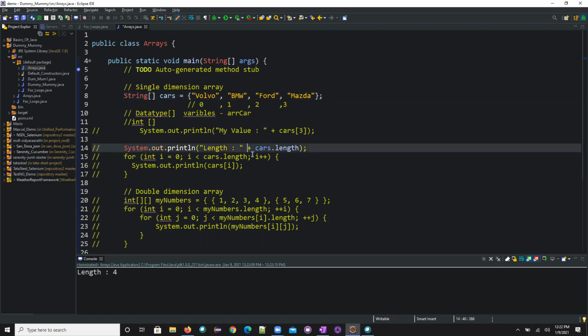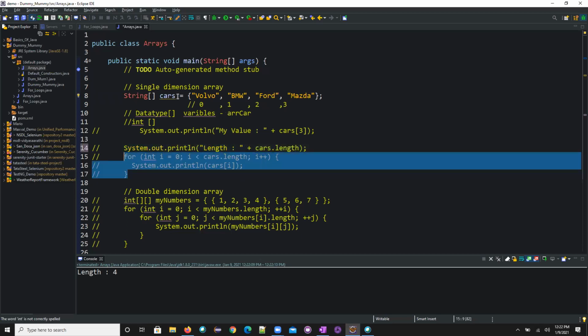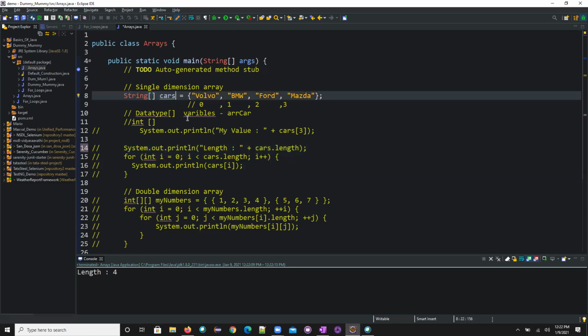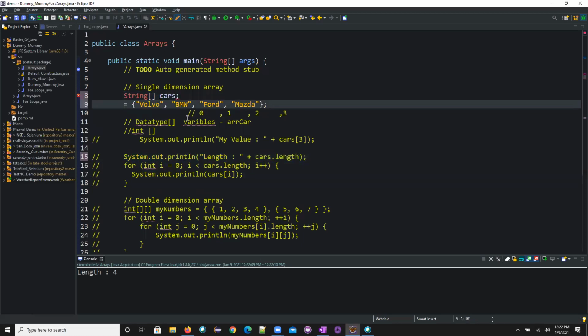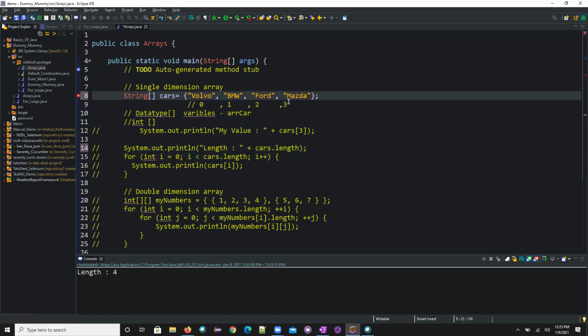Now I understand how to define an array. See, this is a variable, and now you can do it this way also, cars. This way also you can do it. So initialization and declaration of these variables we can do. But I'll say why it was throwing an error: we need to create a constructor for this and give the array size. But as of now, don't get into that. You might get confused.